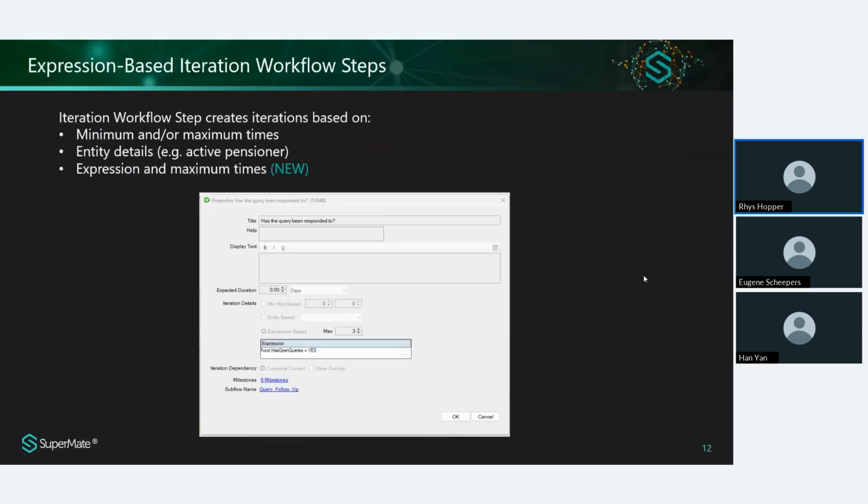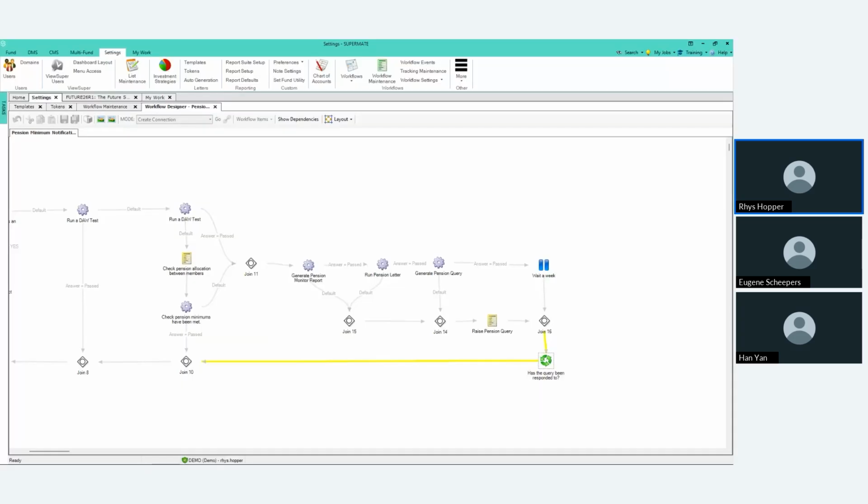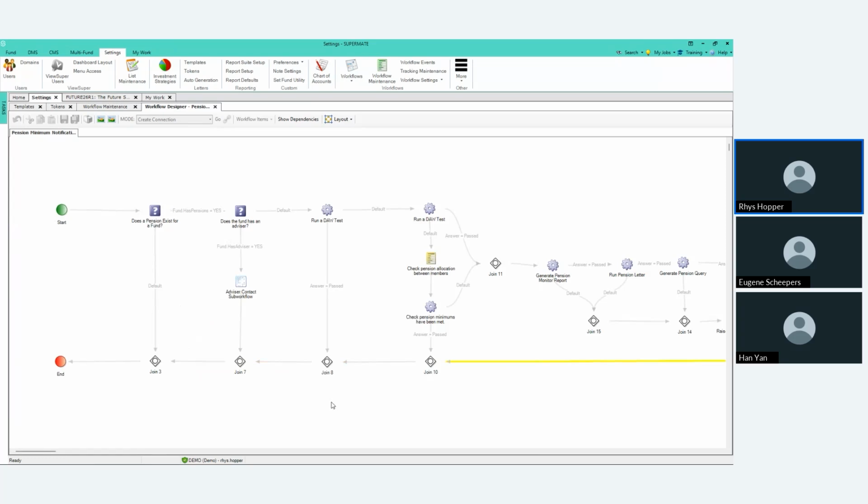What I'll do is I'll show you Supermate and I'll run a workflow with all these new enhancements in. So once again, I don't like lifting the hood too much in these webinars, but it's very helpful to expose how powerful Supermate's workflows are. So you can see here, this is the workflow designer. I've got a workflow which I'm going to create for a fund called pension minimum notifications for due. And it's going to go through and go,